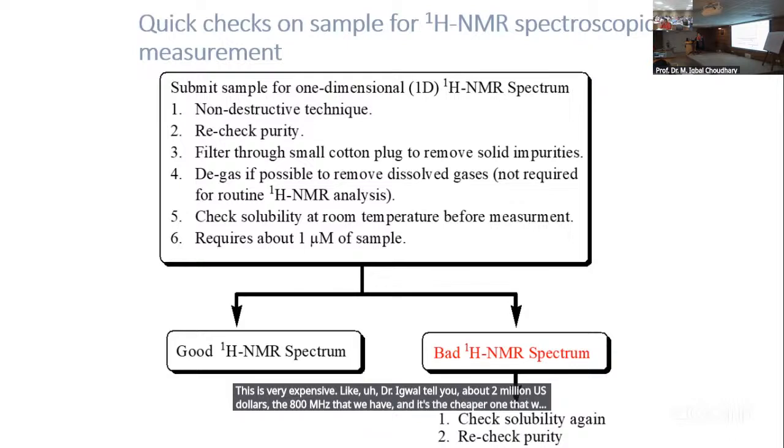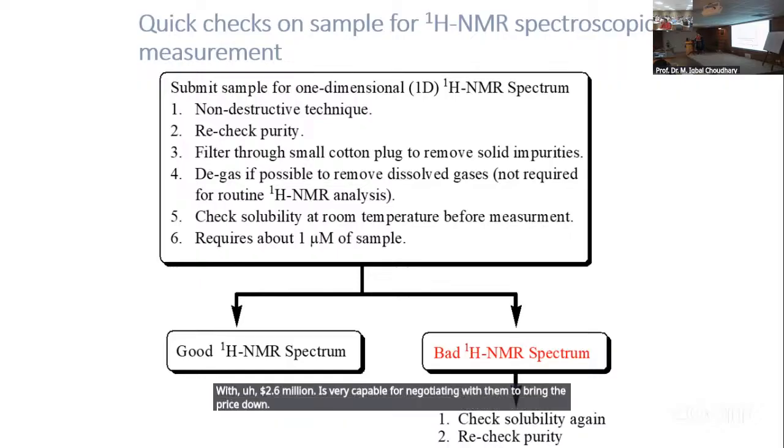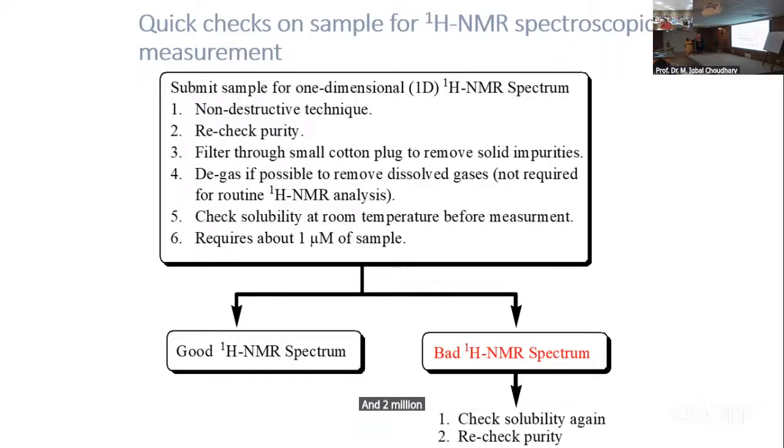You know, I was in Germany the same year, 2016, and my supervisor there got the same instrument for $2.6 million. But Dr. Iqbal, mashallah, is very capable of negotiating with them to bring the price down. And $2 million in Pakistani rupees means,